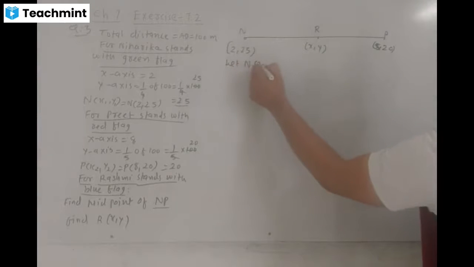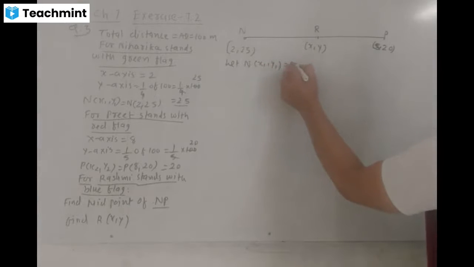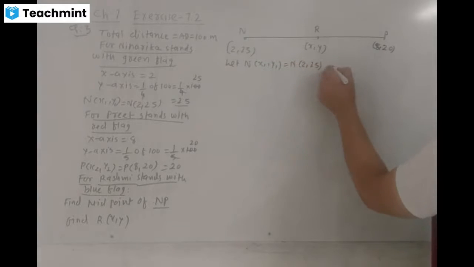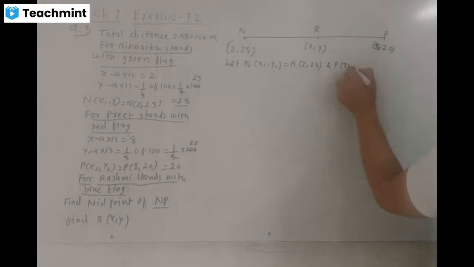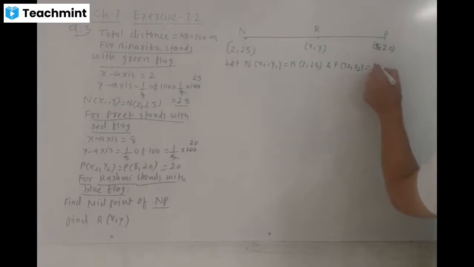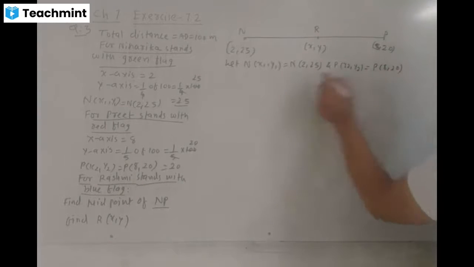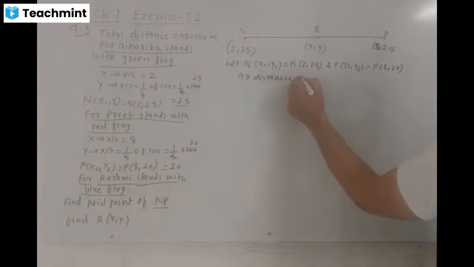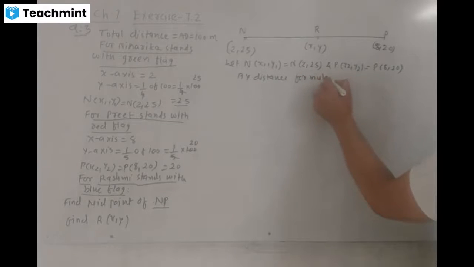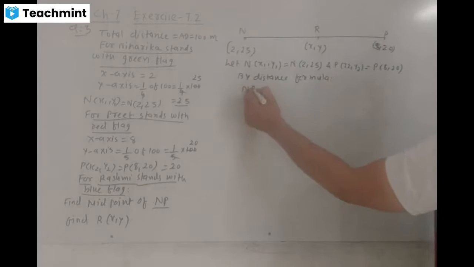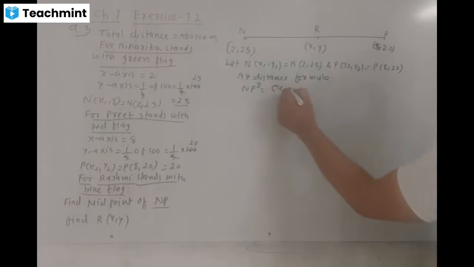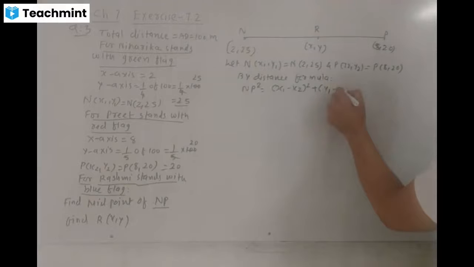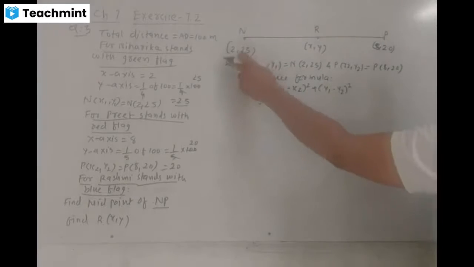Let N(x1, y1) be N(2, 25) and P(x2, y2) be P(8, 20). By the distance formula,